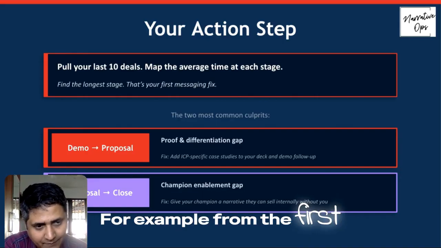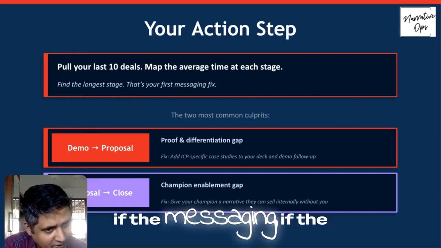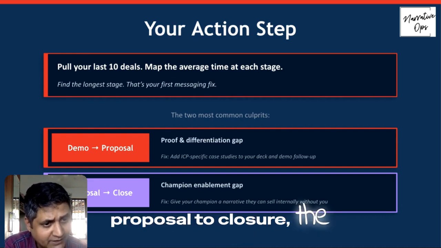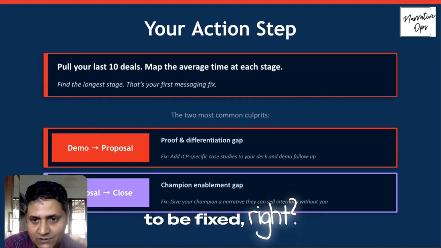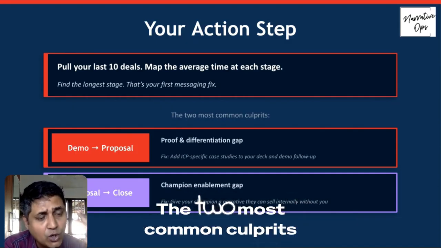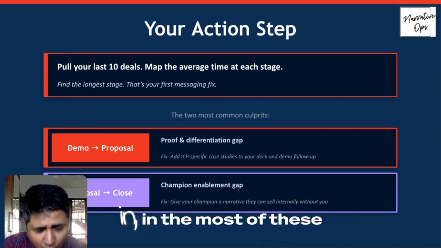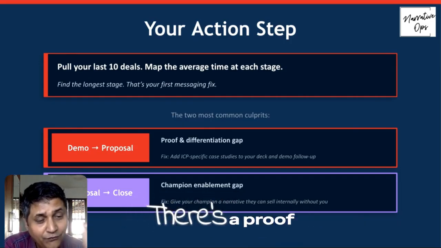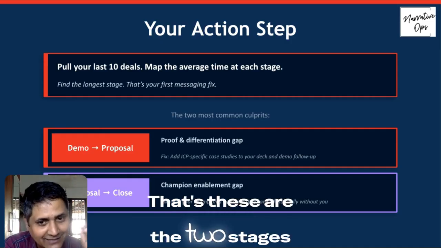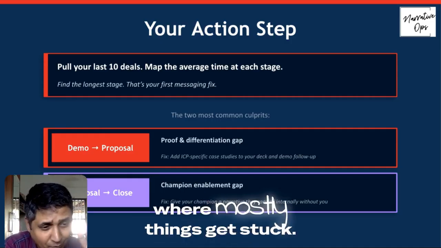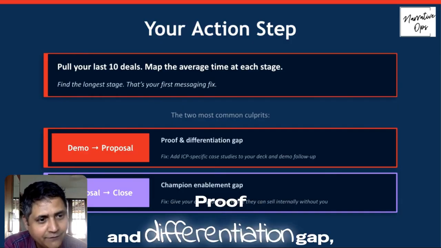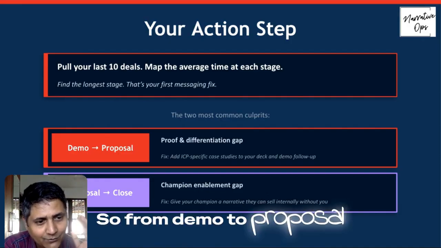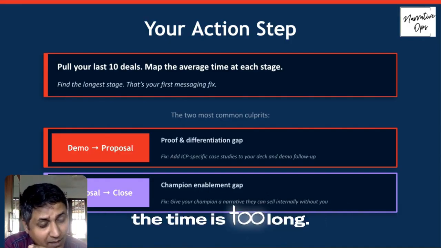For example, from the first touch to the second touch, if the time is too long, or maybe from proposal to closure, the time is too long. That's where your messaging needs to be fixed, right? The two most common culprits in most of these scenarios: demo to proposal, where there's a proof and differentiation gap, right? These are the two stages where things mostly get stuck. The proof and differentiation gap is what is missing. So if from demo to proposal the time is too long,